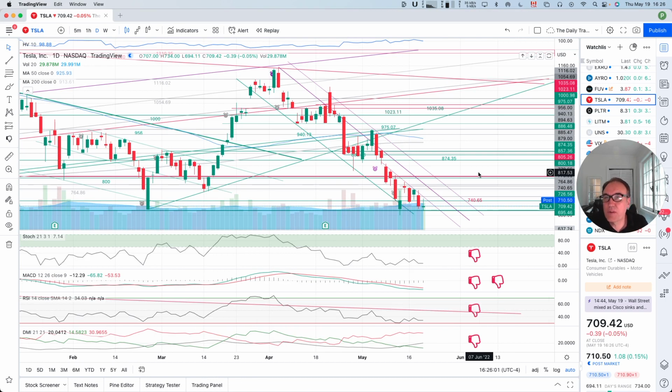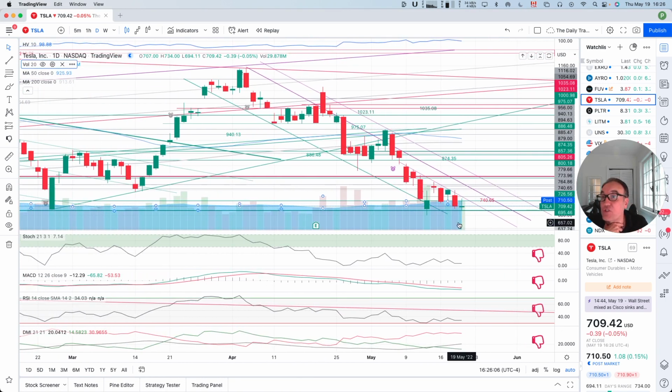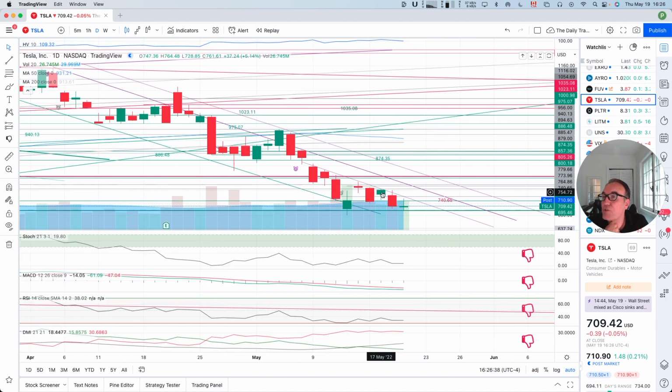Post-market, we are up by $1.08. Let's look at what this looks like on the chart. If we don't look at the chart, then we cannot really assess what's really going on. The numbers need context. Okay, so yesterday I could not do a video, but the day before, 2 days ago,